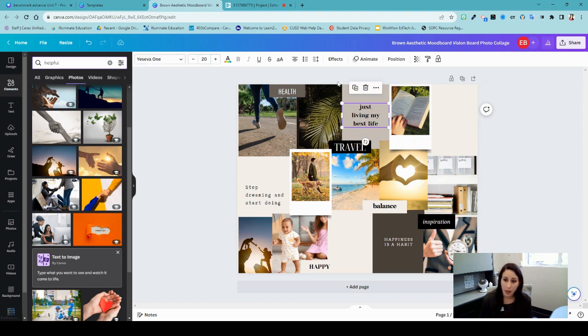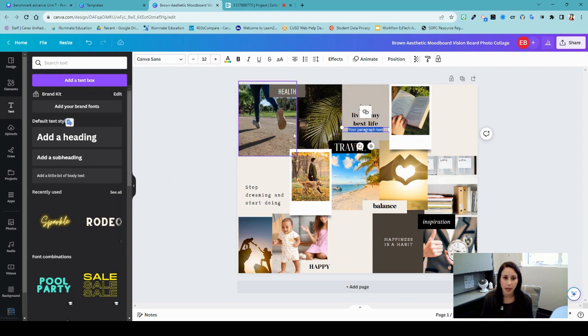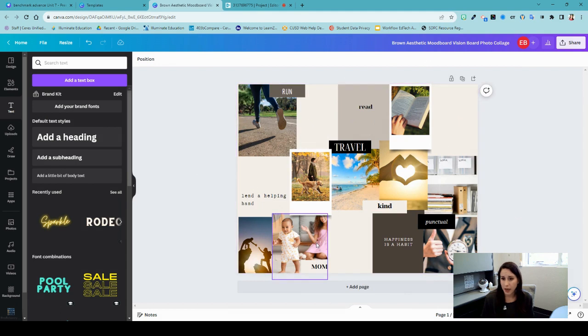words. Now you may have text boxes on your template. If you do not have text boxes, you can go over to text and click add a text box and adjust the size and font or anything by doing that. I have plenty of text boxes, so I'm going to go ahead and fill out a few words of what these pictures all represent. Alrighty, I have added my words to connect with my pictures, but I do have an